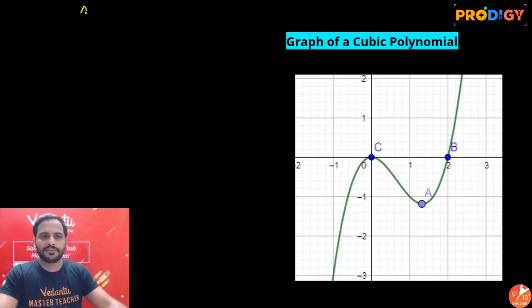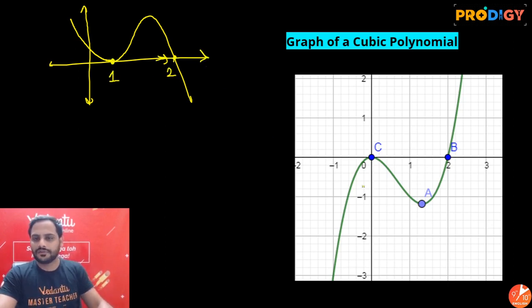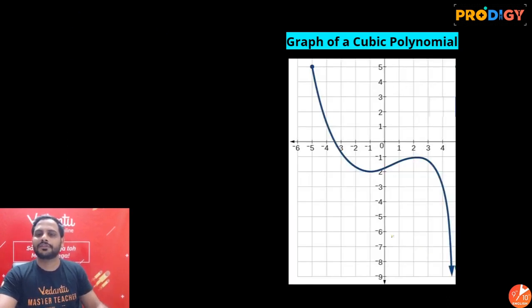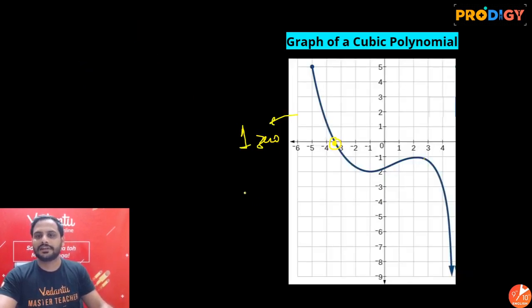Now look, beta, in some cases the graph just touches the x-axis. Suppose the graph is coming down, touches the x-axis, and then goes back ahead like this. So here this is considered as 1 zero, and this will be considered as the second zero. So here 1, 2 and 3 zeros for this polynomial as well. Here how many? Only 1 zero. Nowhere else is it touching. So only 1 zero for this polynomial. You just have to look at the points of intersection with x-axis, nothing else.